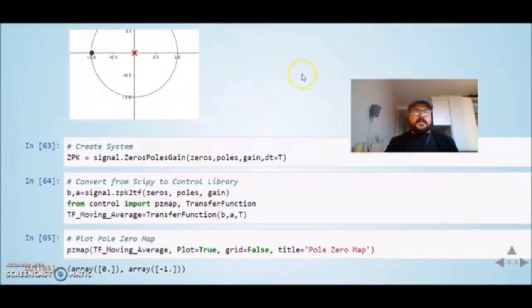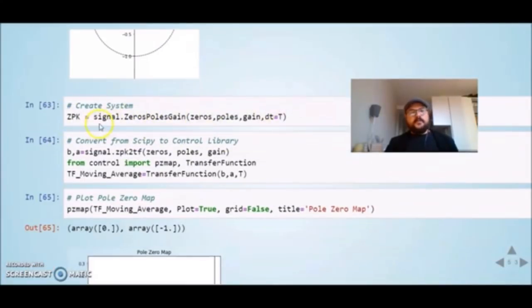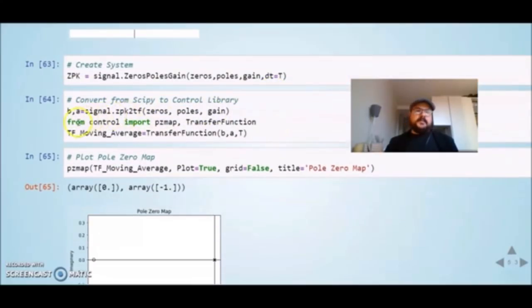And we can create an LTI system using the SciPy signal libraries. That's what we're doing here. We can also convert from zeros, poles, and gain. And now we'll make use of the control library and have a transfer function. So from zeros, poles, and gain, we go to numerator and denominator of the transfer function. Then we are using the control library to have a transfer function, and then we can plot using